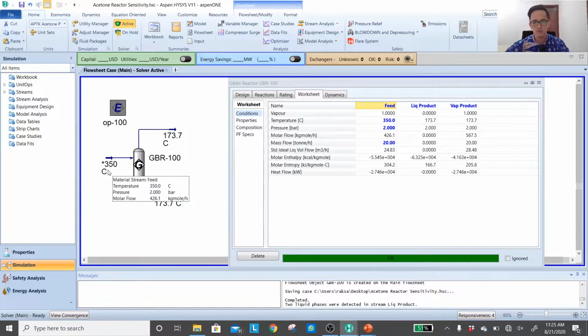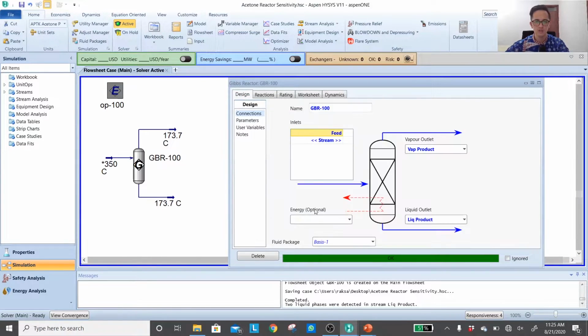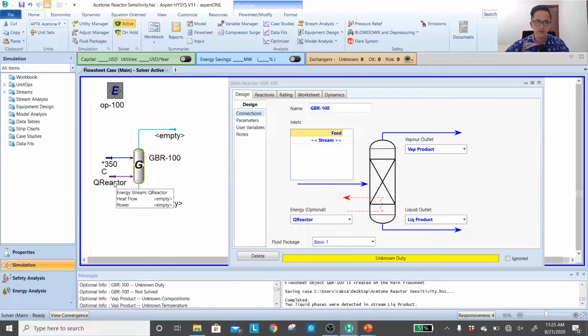Okay, but if we want to make it an isothermal reaction, that means we have to provide the energy. Okay, let's add a Q reactor. Once you do that, we have the energy stream now, and now it's not complete anymore. Why?